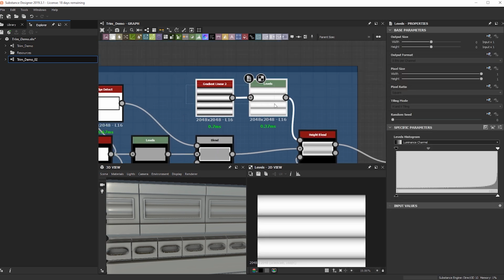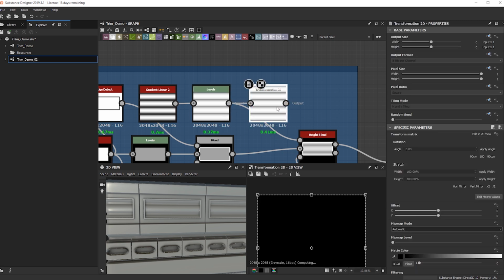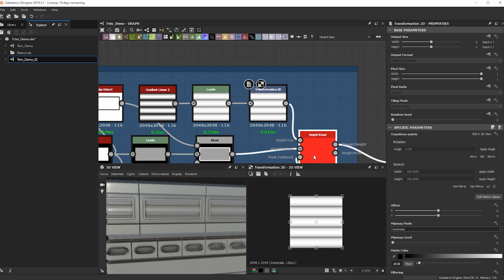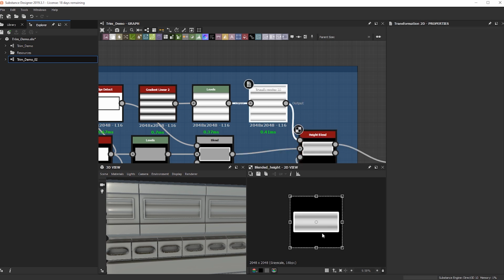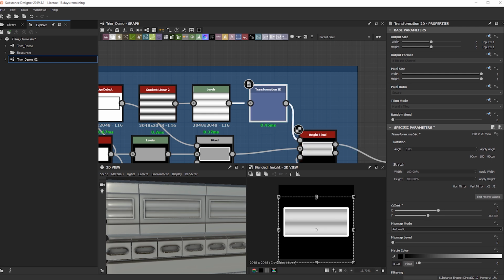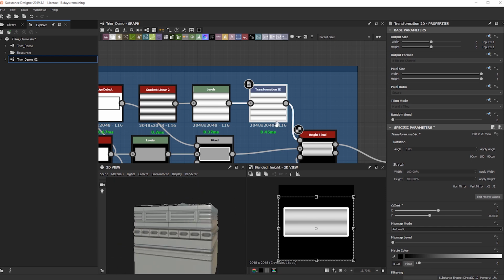But we can, again, just use a transform here. And I'm just going to bring this guy in. And now on the height blend, we can go back into our transform and move into place. So now it looks like we have 2 pipes here. And it doesn't look as weird, having a pipe offset in the middle like that. Yeah, that's looking pretty cool.